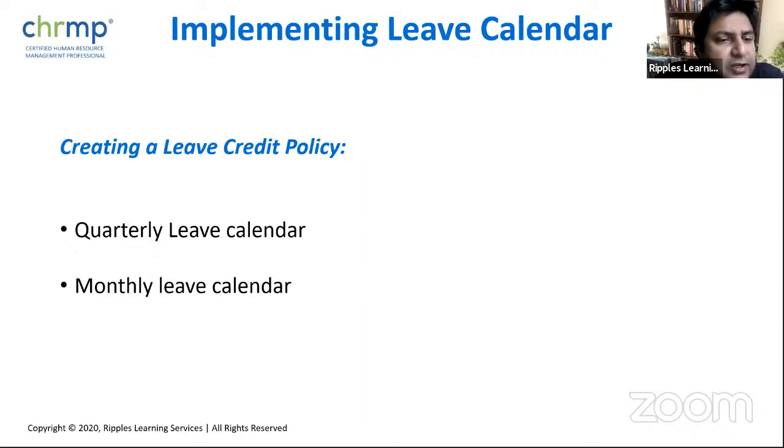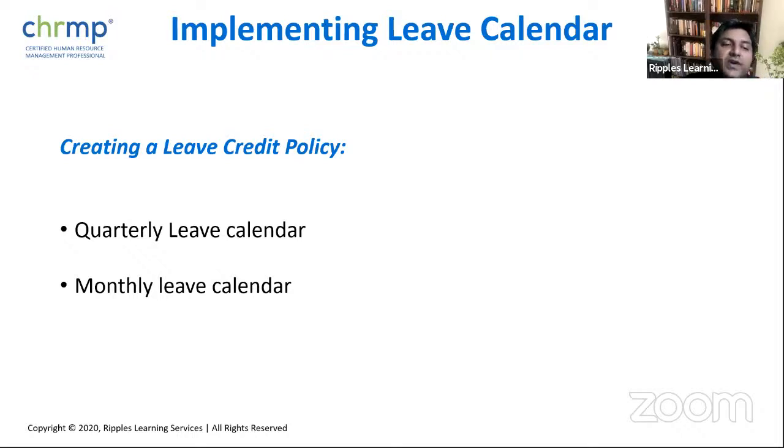And the same thing would work in quarterly also, because if we are talking about 24 leaves, then we are talking about 6 leaves every quarter. So Q1, Q2, Q3, and Q4 will have six leaves. And if I absorb all my sick leaves and still I take one more leave, there is loss of pay in that quarter itself. And if not, then I move forward. If 2 leaves are remaining out of 6, then in the next quarter I can take 8 leaves, and accordingly I can plan and work around, and I can take long leaves if I want by accumulating leaves. And that is something that I can go about doing, right?